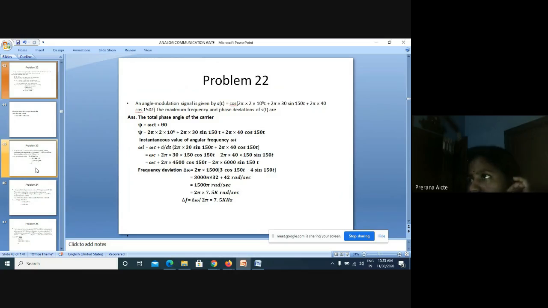And they may ask you what is the bandwidth required for narrowband FM, and what is it for wideband FM. The thing here is that your narrowband FM is similar to your AM, but the only difference is that in narrowband FM, your LSB will be out of phase with your carrier.